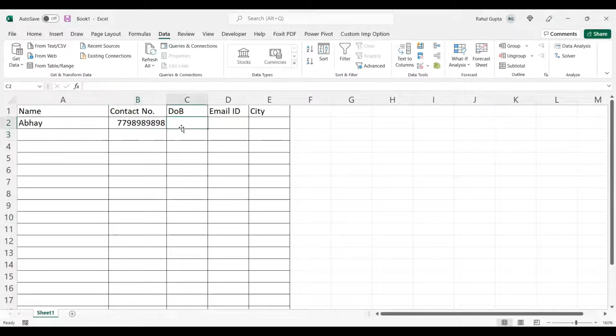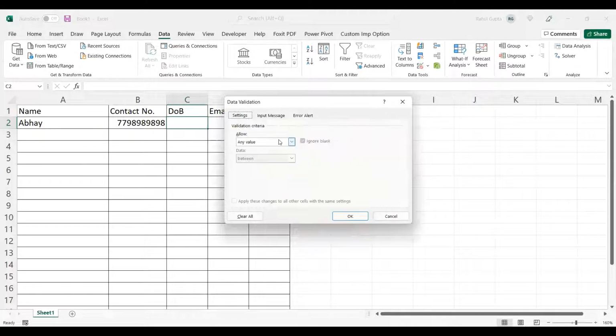Now date of birth. I need to assure that the student's age should be minimum 16 years, not less than that, as for participating in certain activities they should be at least 16 years old. So I'll select date of birth and go to Data Validation, Settings. Here we have the option of date.